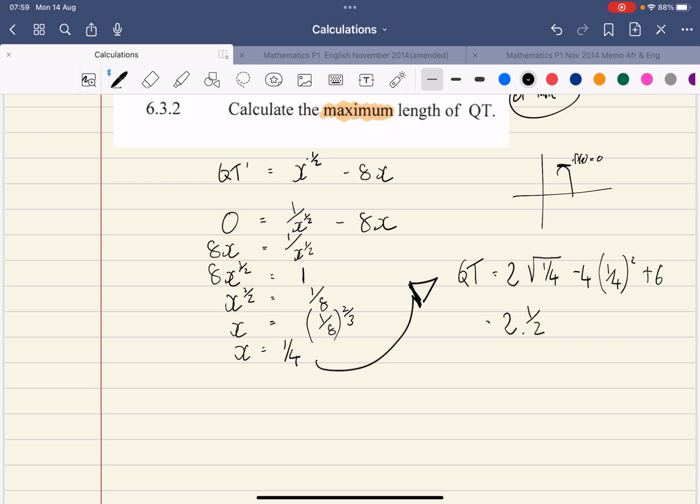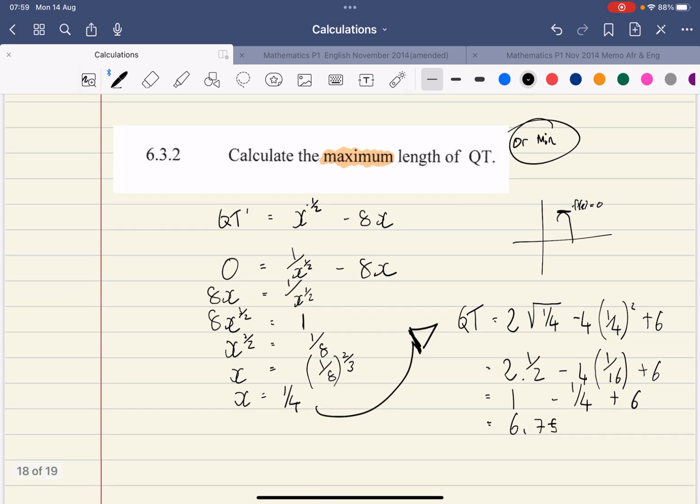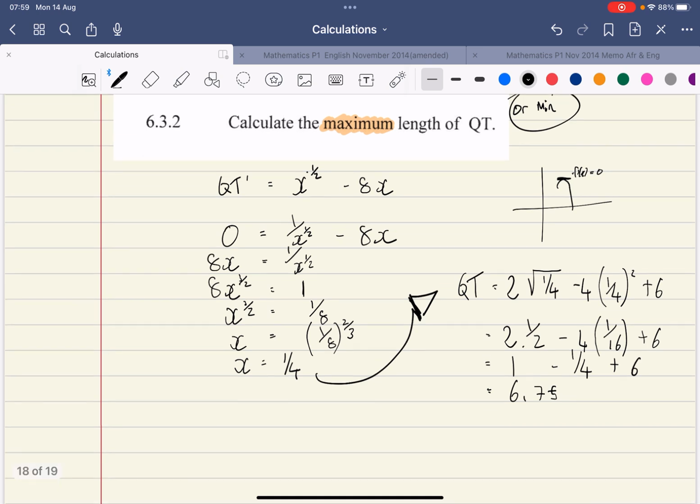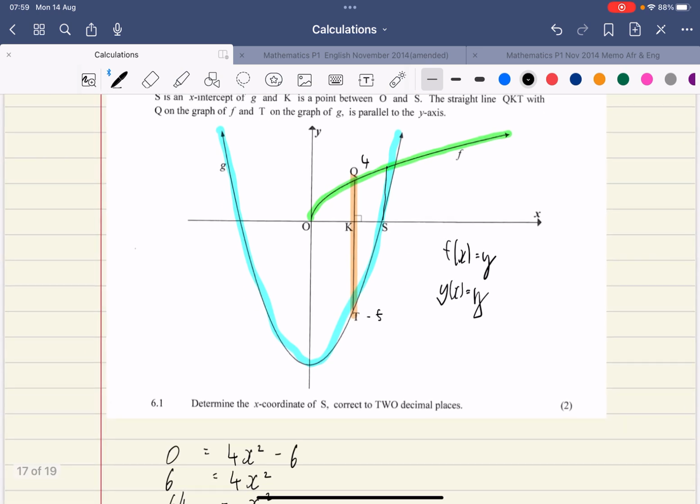How about that? That'll be a half minus 4 over 16 plus 6, 1 minus a quarter plus 6, and this last little bit I'll do on the calculator. I get 6.75. Now, because we were dealing in the context of a length, we were finding the maximum length